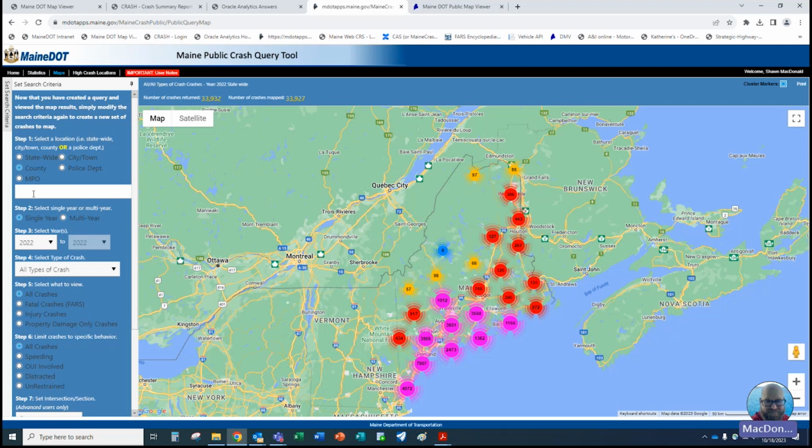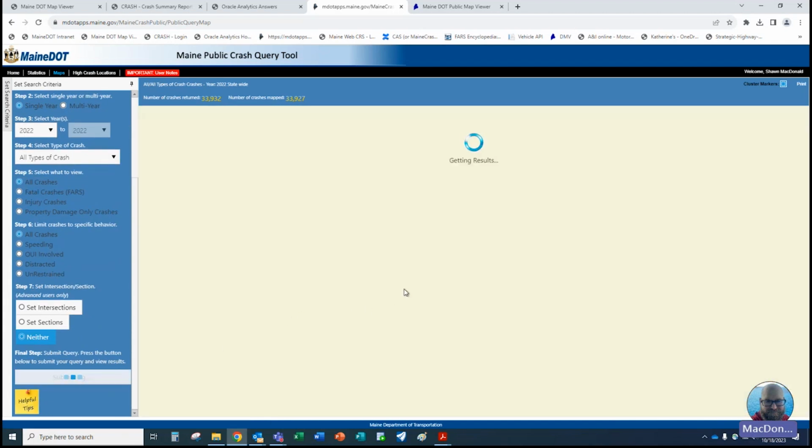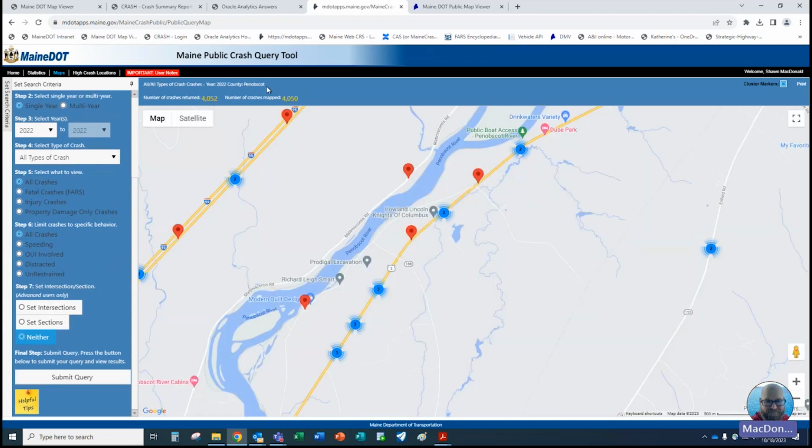And I happened to do this beforehand, so I could find out, for instance, if I typed in Penobscot County and I ran this crash information again, submit the query. This indicates here that 2 of the crashes that were missing were in Penobscot County, which, that's good. But what if I wanted to know what type of crash they were?